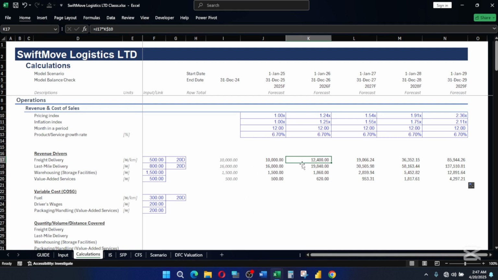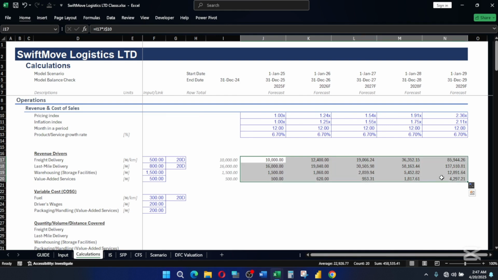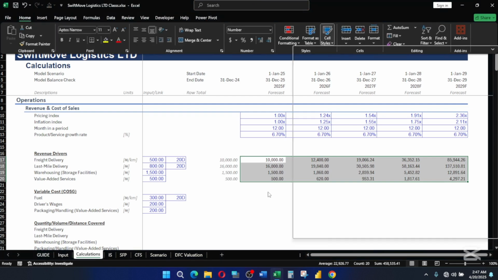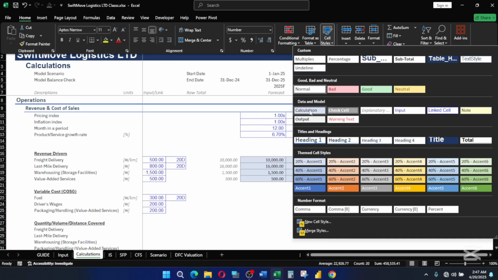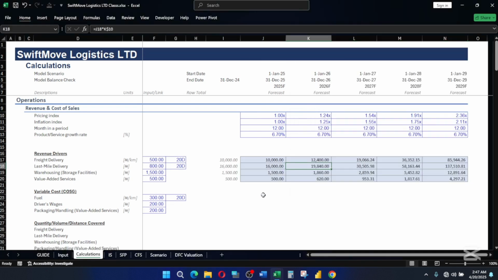The same thing we did here, the same thing we did on our pricing, that's what we are going to also do in our variable cost or cost of sales, right? So first of all, let's apply our calculation format on this. Say Alt HJ, then I have this, then I'll apply the calculations. We have this value, right? We have it like this. So anywhere you see anything like this in this model, it means it's a calculation. So when you come back here right now,